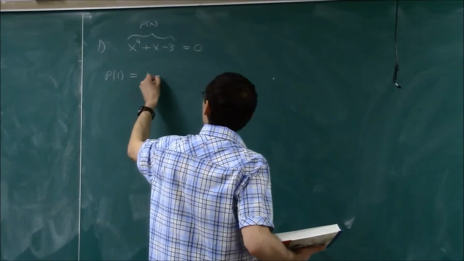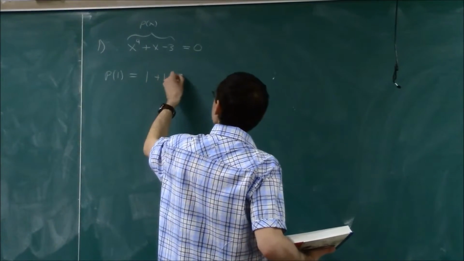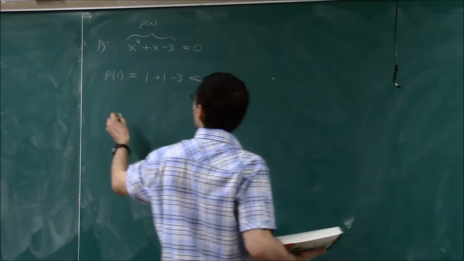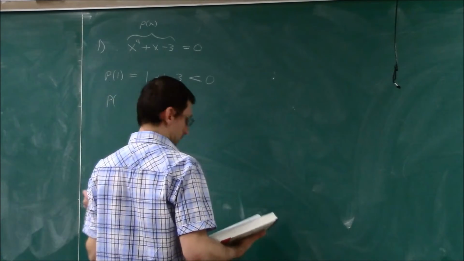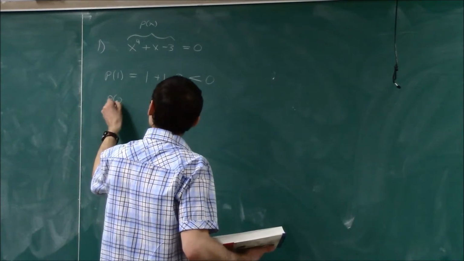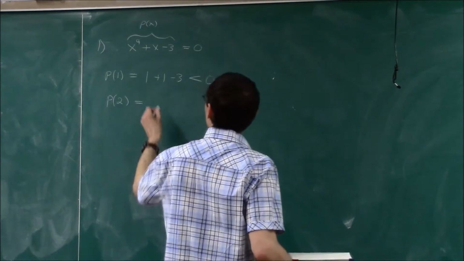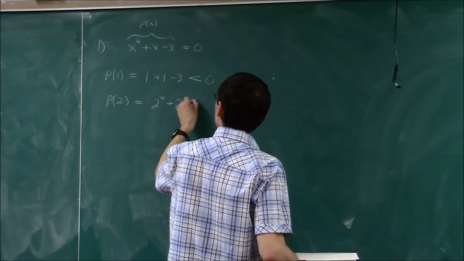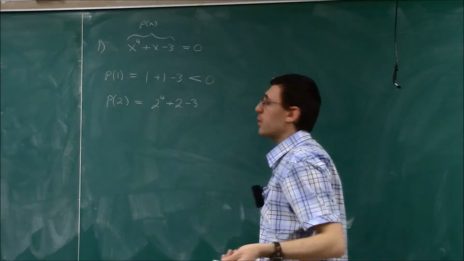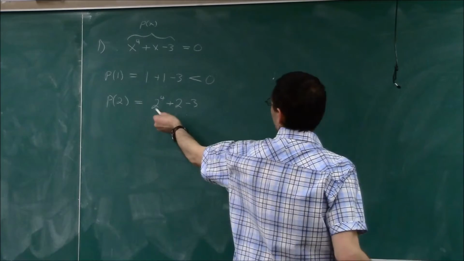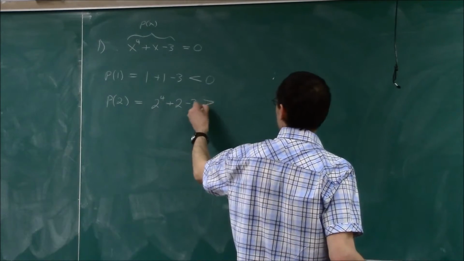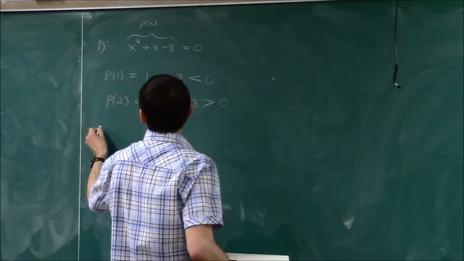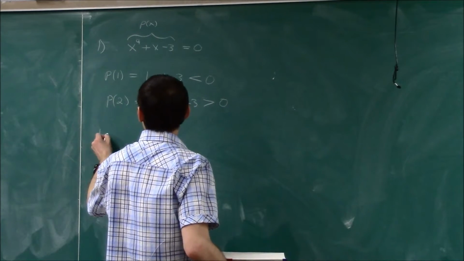So that would be 1 plus 1 minus 3. Well, clearly a number less than 0. Now let's test it at another value. Let's say at the value 2. So then what you have is 2 to the power of 4 plus 2 minus 3. We can evaluate it, it's 15, but the point is really that it's clear that this number is bigger than 0. So the conclusion is, because p is a continuous function, it's a polynomial,